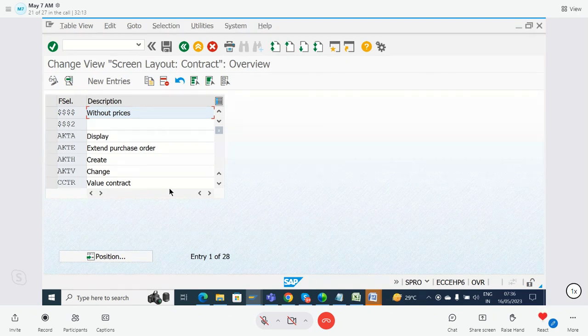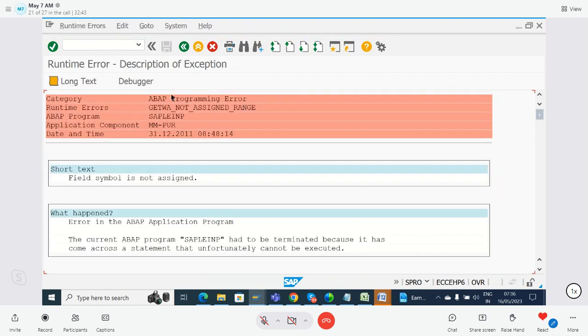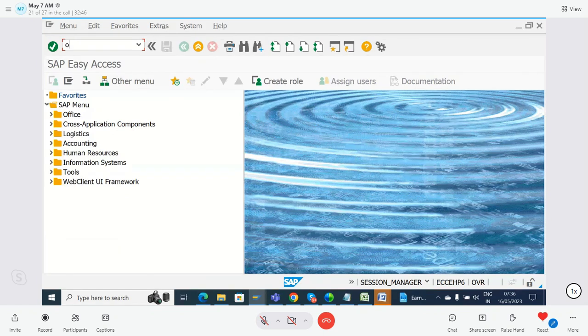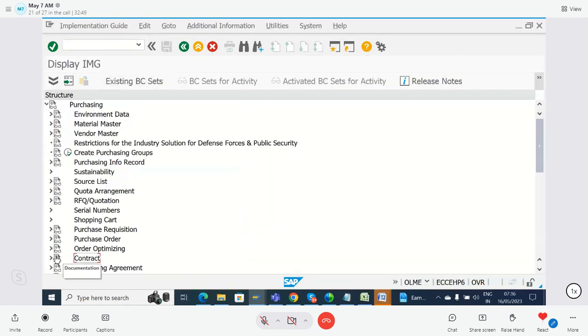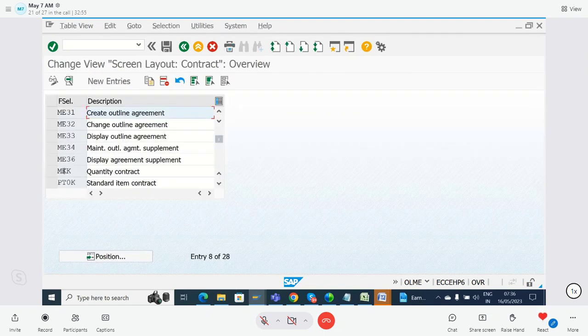As follows. See here, already in contract, field selections are available with fields mandatory, with fields optional. One field selection for the create transaction, for create mode, another field selection for change mode, another field selection for display mode. T-code wise also field selection is there. Again in contract, document types are there. Document type wise also field selections are there. Generally for quantity contract MKK, this is the field selection for quantity contract. In that quantity contract, fields here, what fields are mandatory, what fields are optional, already